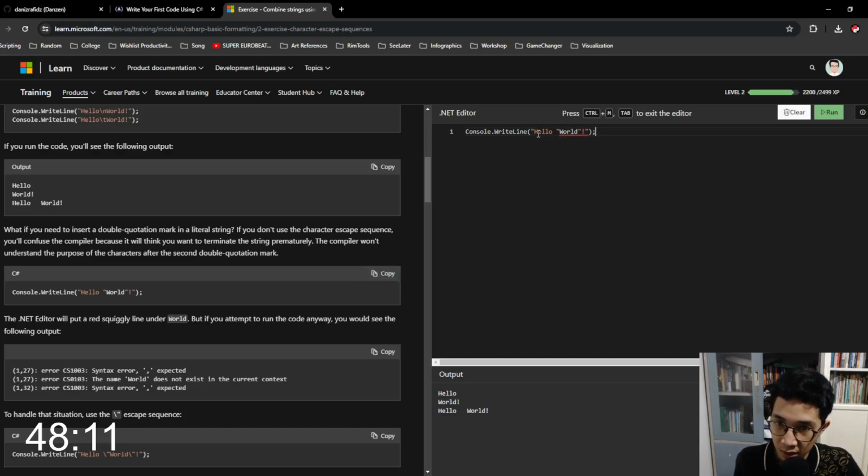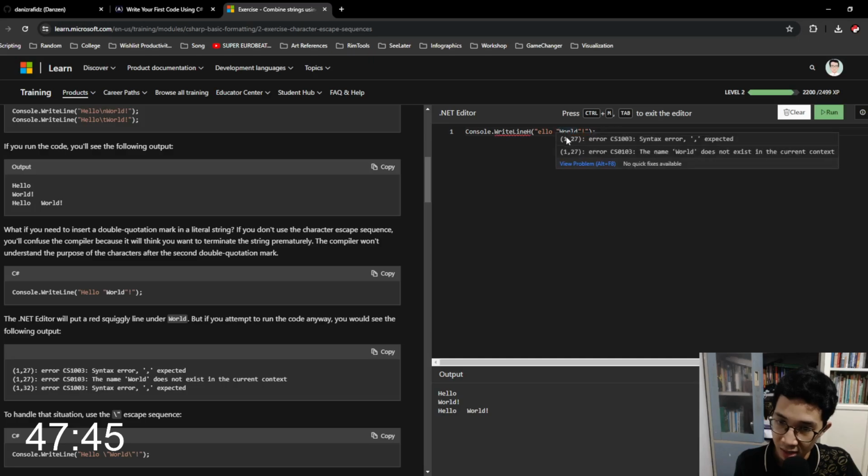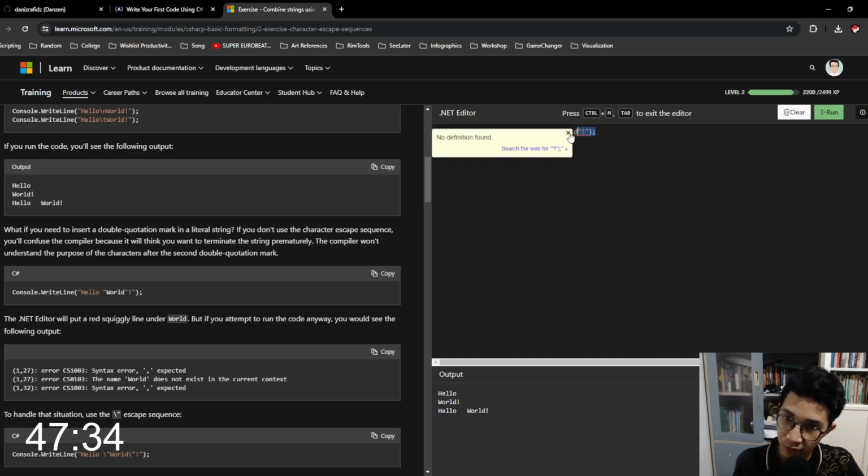You can see here, this is an incomplete literal string because there are 4 double quotation marks, and as it said, it will confuse the compiler because the earlier double quotation mark is already correct, but the last double quotation mark, where is it? Is this one? Is it here? Or maybe this? You confuse them basically,